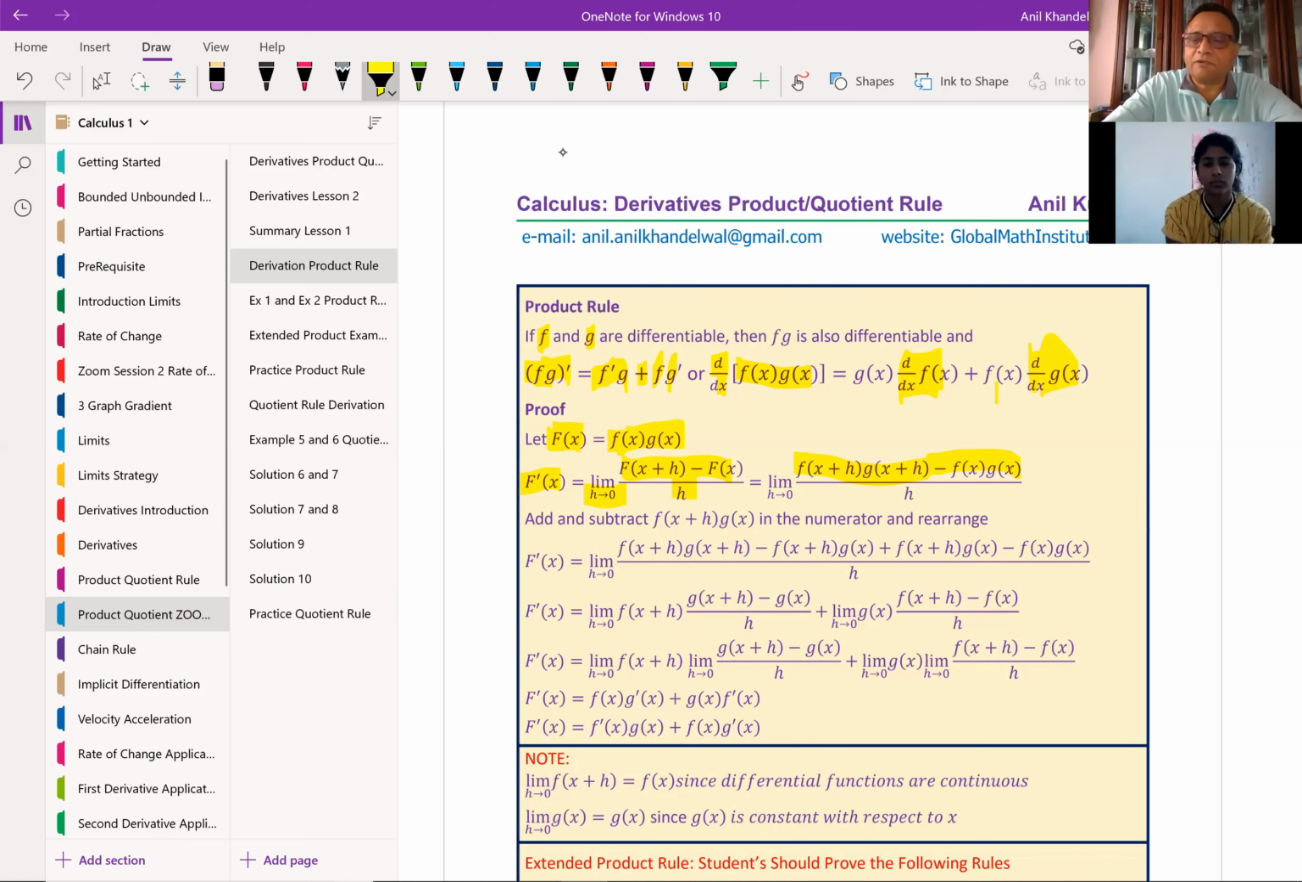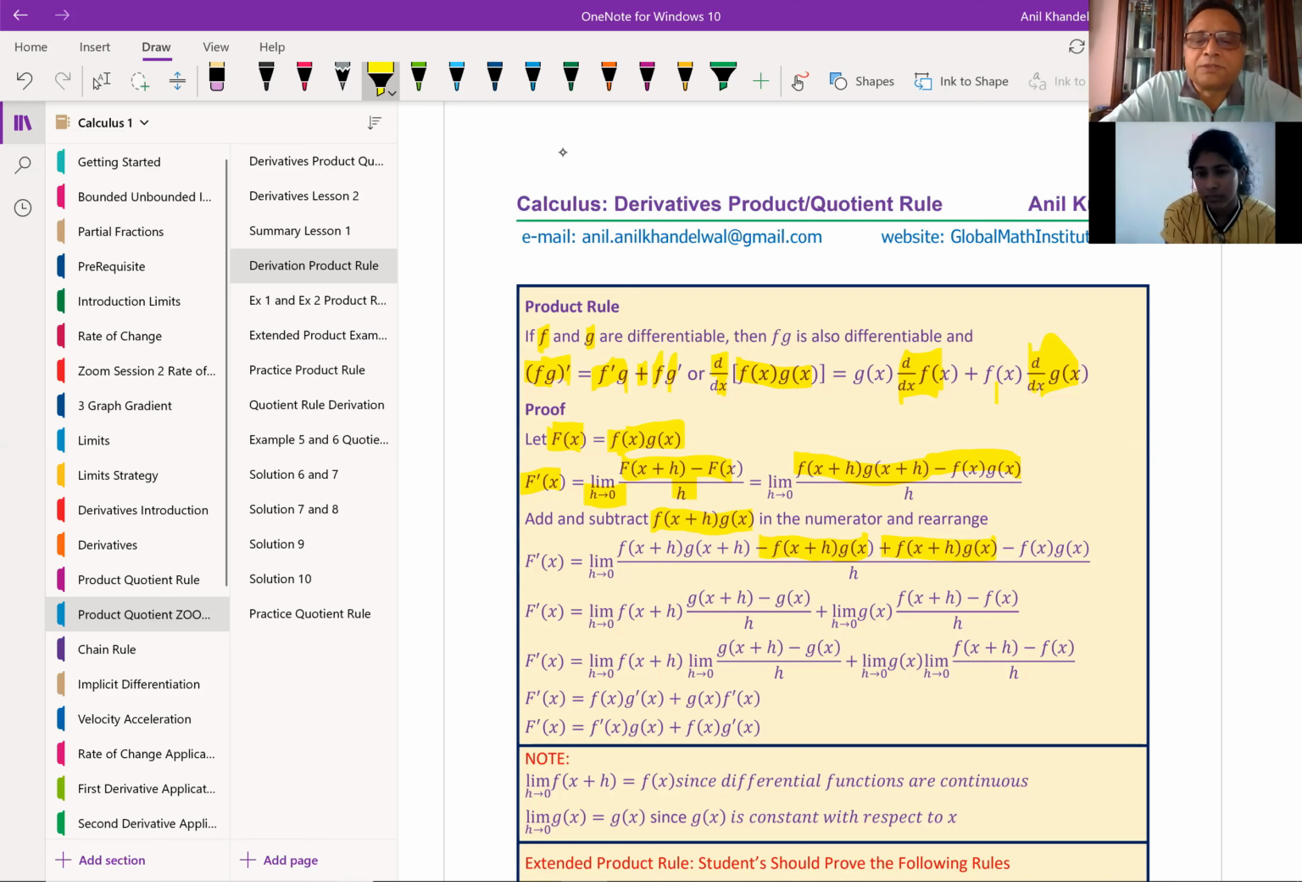Okay. Now the tricky part. What we actually do to simplify this expression is add and subtract a term which is the product of f of x plus h times g of x. So we have subtracted this term and we have added this term in the numerator. When you do that, we don't really change the numerator. We are adding and subtracting the same term, correct? But this adding and subtracting of a term really helps to divide this expression